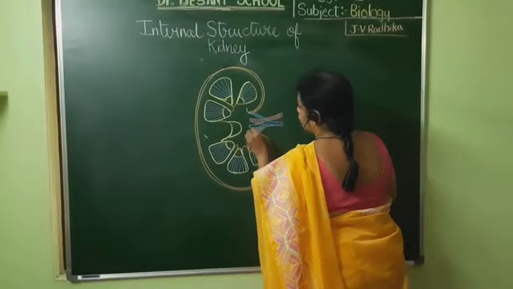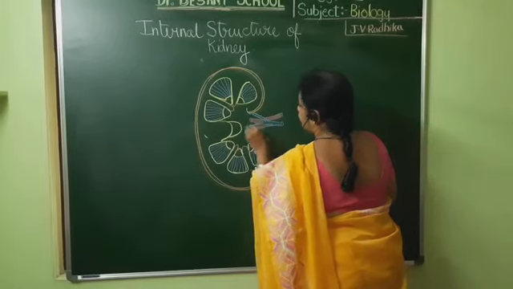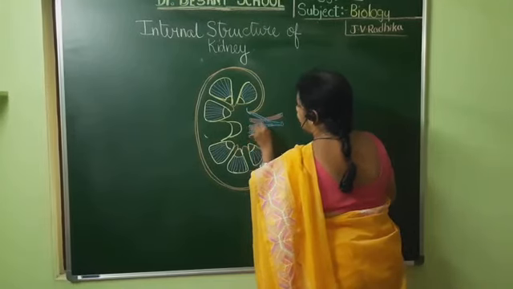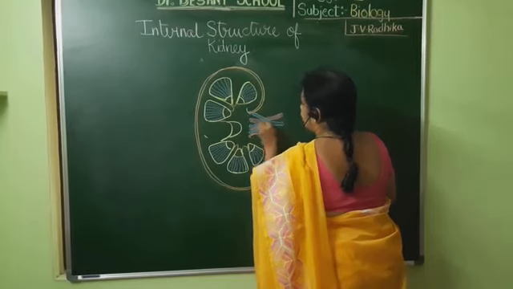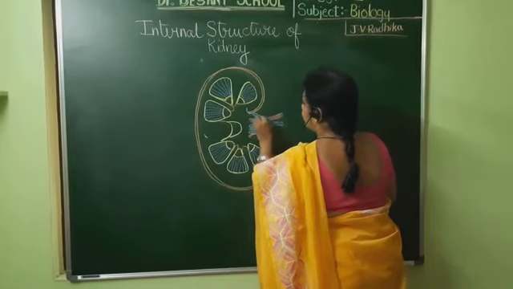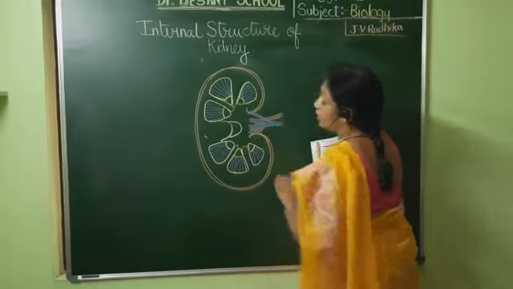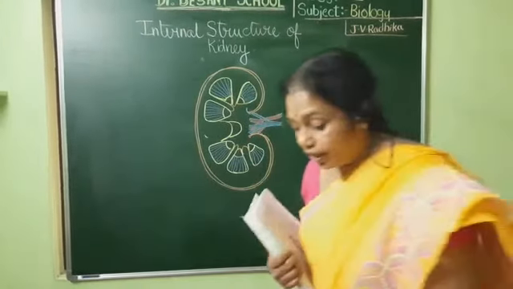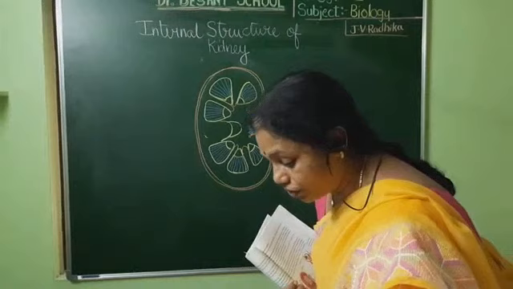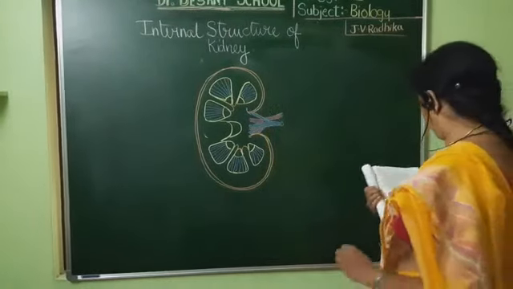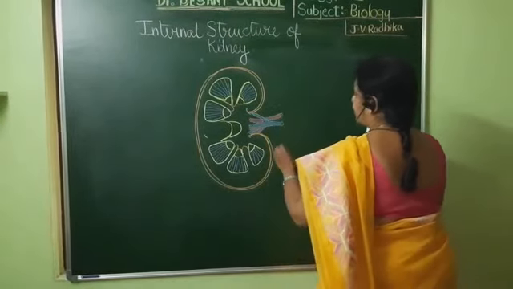Here I have drawn a branch of these renal arteries and renal veins. You all need to draw along with me. Are you all drawing along with me? I hope that you all are drawing. Next, what else have I forgotten there? Can you remember?